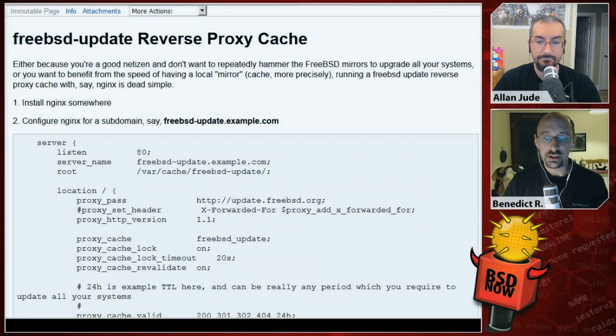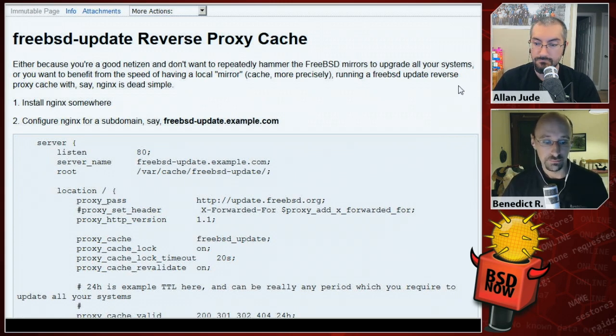So after our headlines this week, we are going to dive into the news roundup. The first item there is the local nginx reverse proxy cache for FreeBSD update. So we found this on the wiki.freebsd.org. It's a write-up by Vladimir Kirstulia. So he has a bunch of guides written, and one of them piqued my interest because it's a FreeBSD update